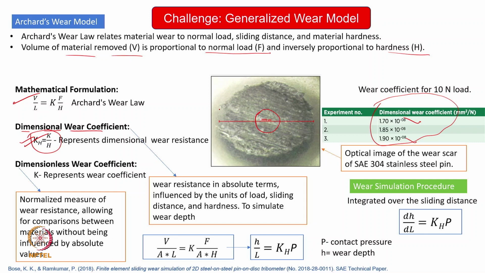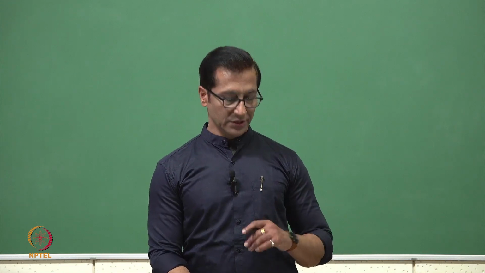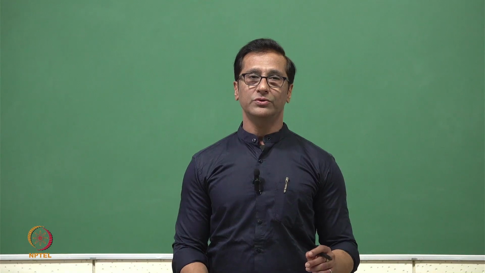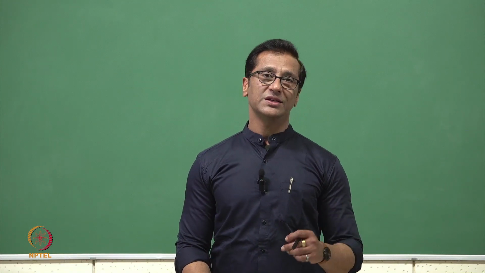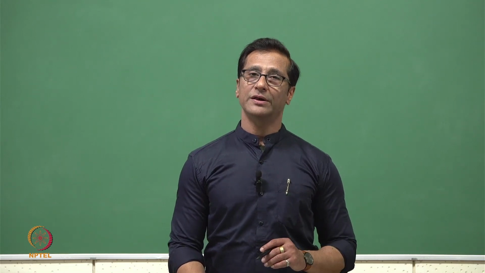If I assume a constant value, and if I assume it's perfectly smooth, that itself is a wrong assumption, because we have found wear scars which come out very irregular, and if you calculate the wear volume based on that, it will cause more errors. So for the wear simulation procedure, we really require more detailed digitized values, and if we are able to use image analysis and then correlate with our algorithm, that will always give better